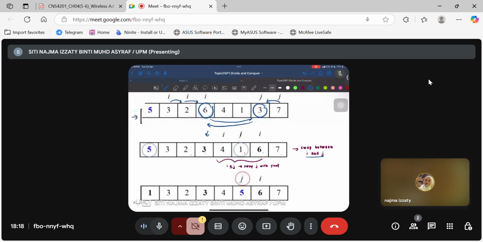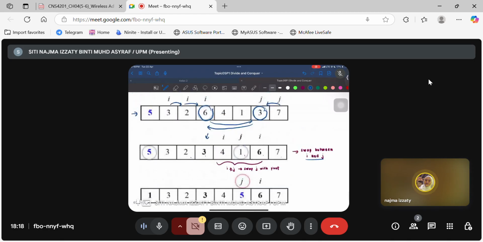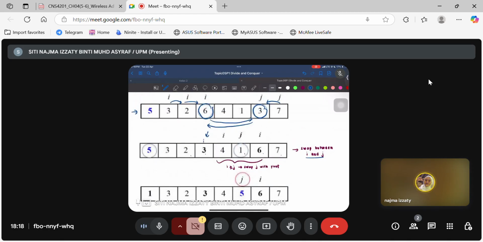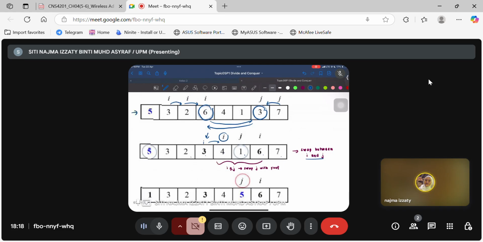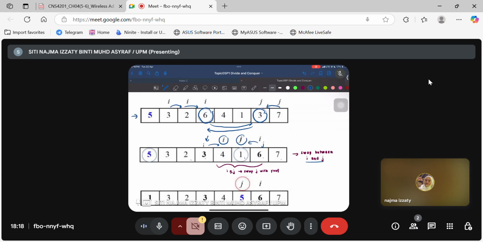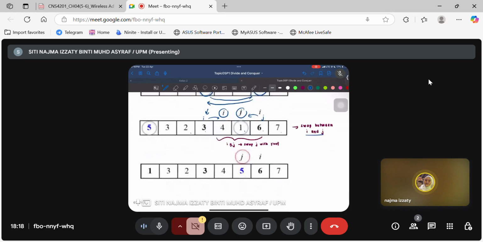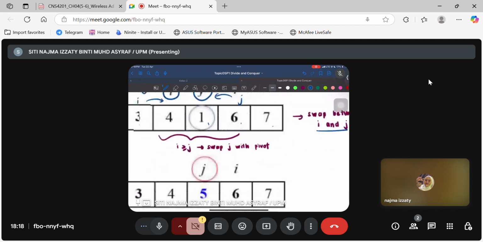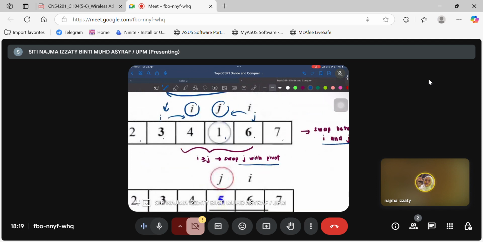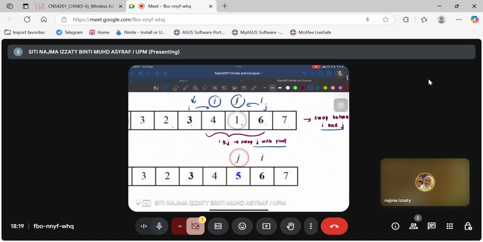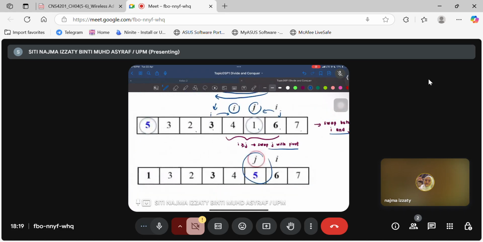Okay, now I just now was here, right? So we need to move the I to here, and I is at number 4, and now J is here, so J will be moved to here, number 1. So as you can see there, I is more than J, so J needs to be swapped with the pivot. So we swap this J with the pivot, and then we swap number 1 to the number 5, and number 5 will be moved to the number 1.